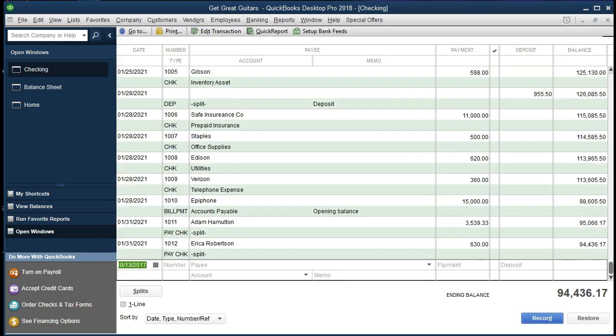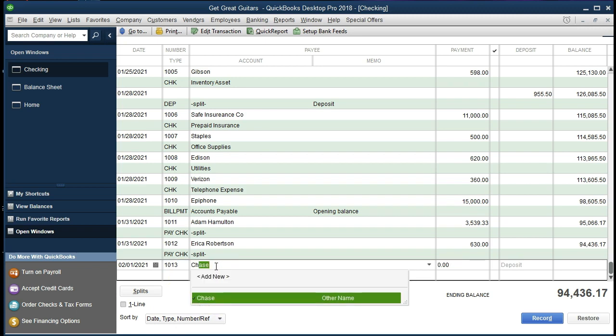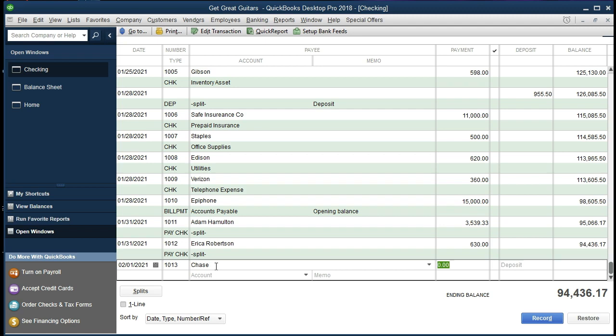Here is our check register. Going to make this payment as of 02/01/21, the first day of the next month. And I'm going to say that that's the check number should be okay. We're going to say that remains the same. The payment is going to go to Chase. We're going to say Chase, and the payment's going to be for the full amount, 1359,